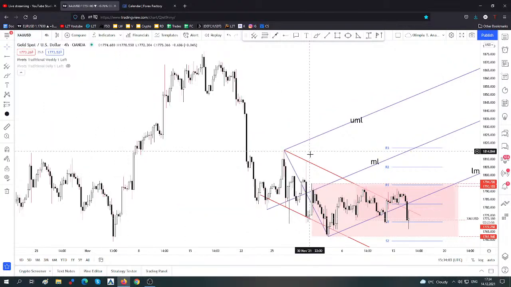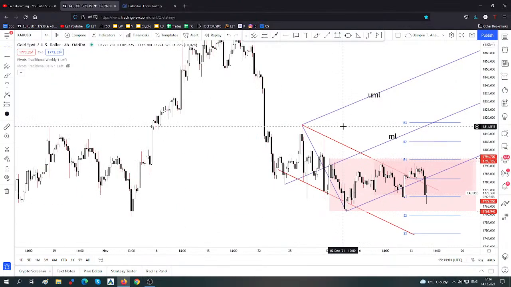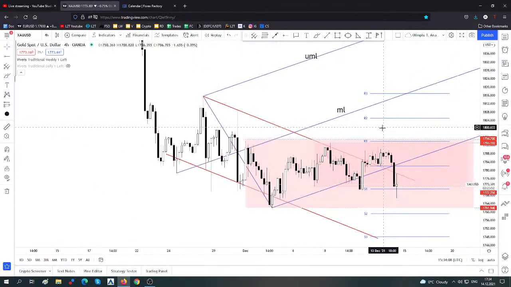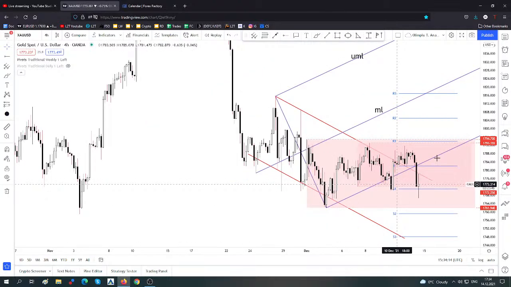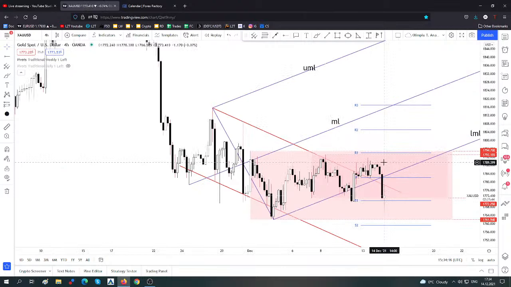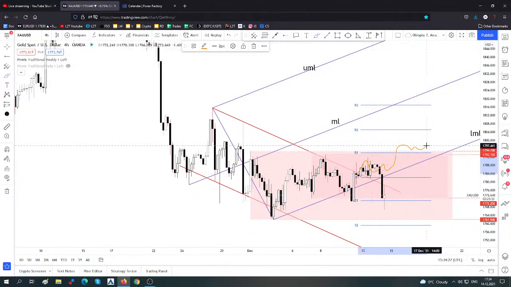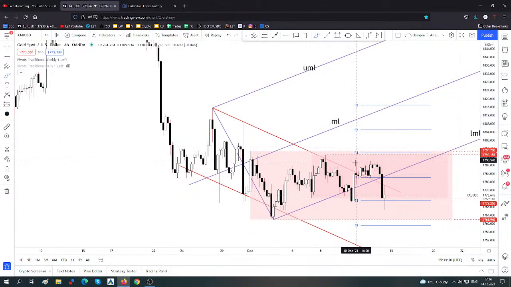Okay, so let's take a look here at gold, and let's talk about gold. Yesterday I sent you guys a video analysis talking about the potential further growth, but as you can see here, it has failed to make a new higher high. It has failed to stabilize above the weekly pivot point, above 1782.12. Here it has failed to make an upside breakout from these two range patterns. And right now it has registered an aggressive